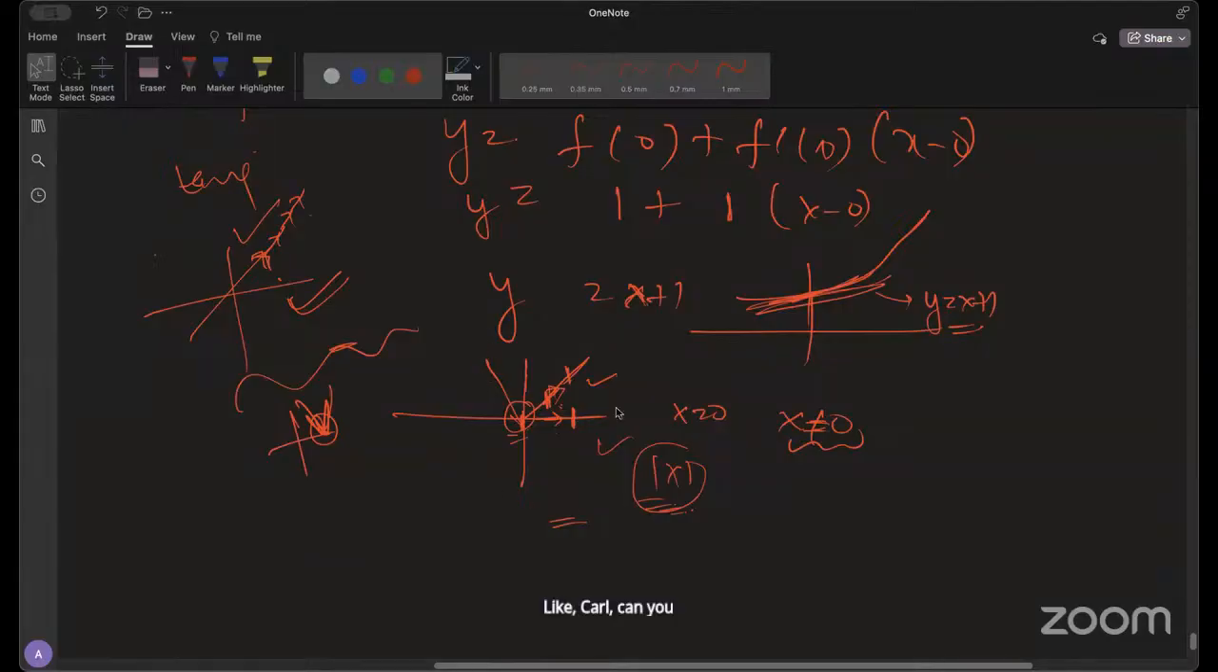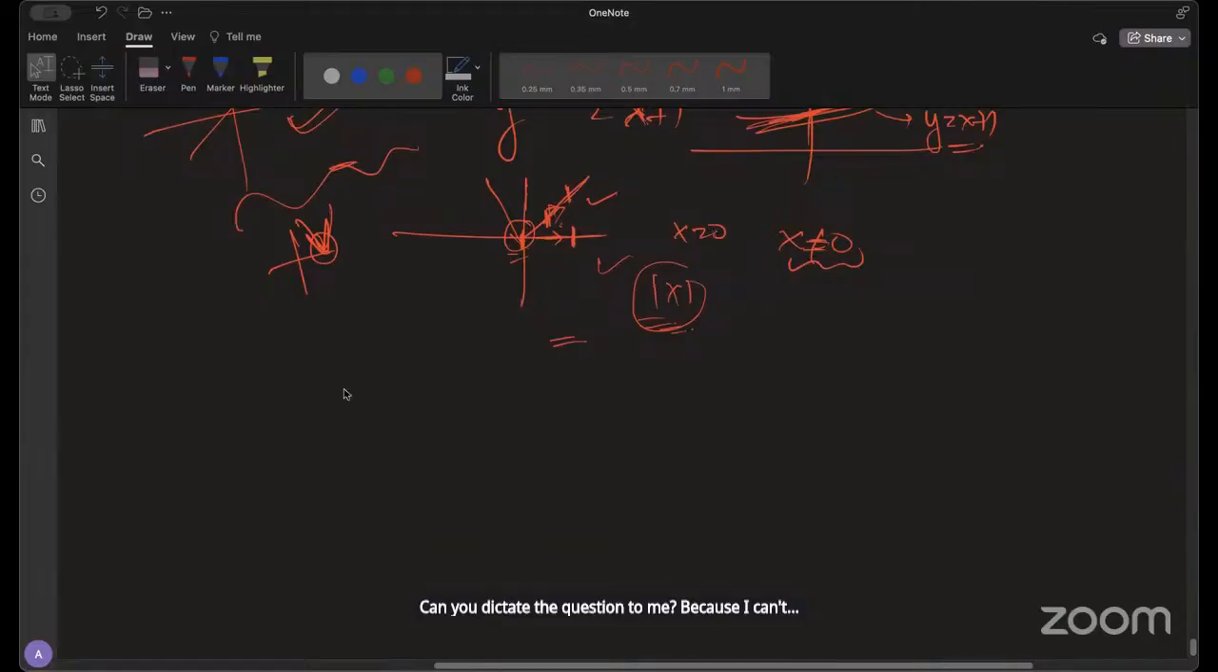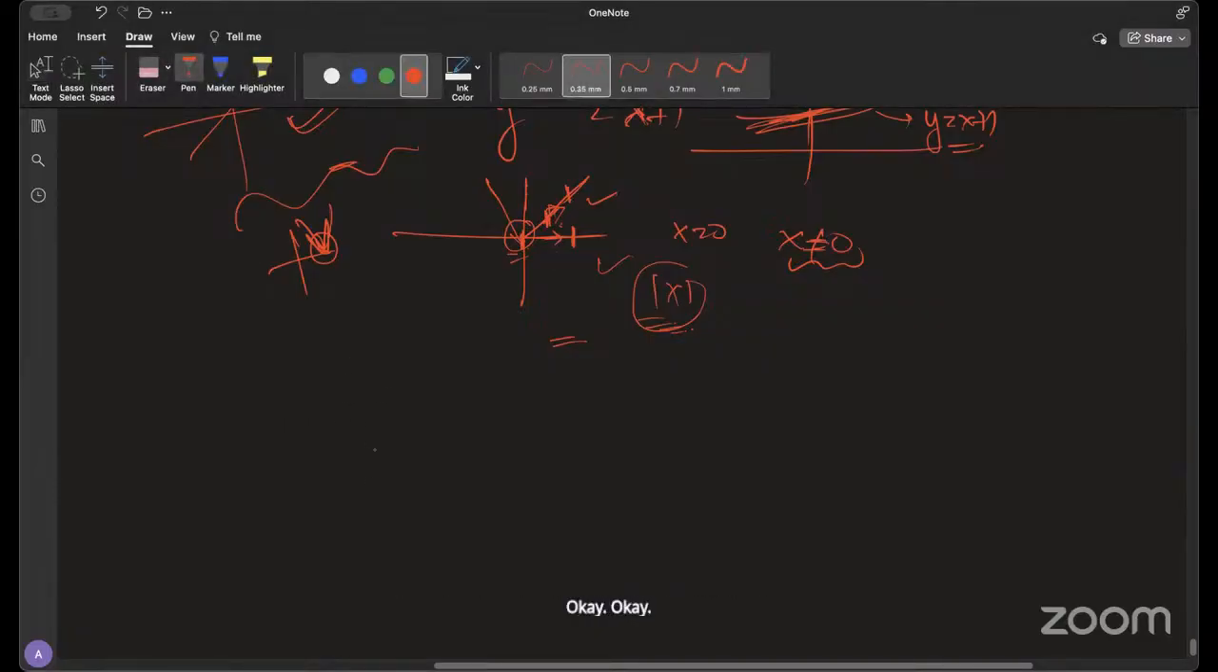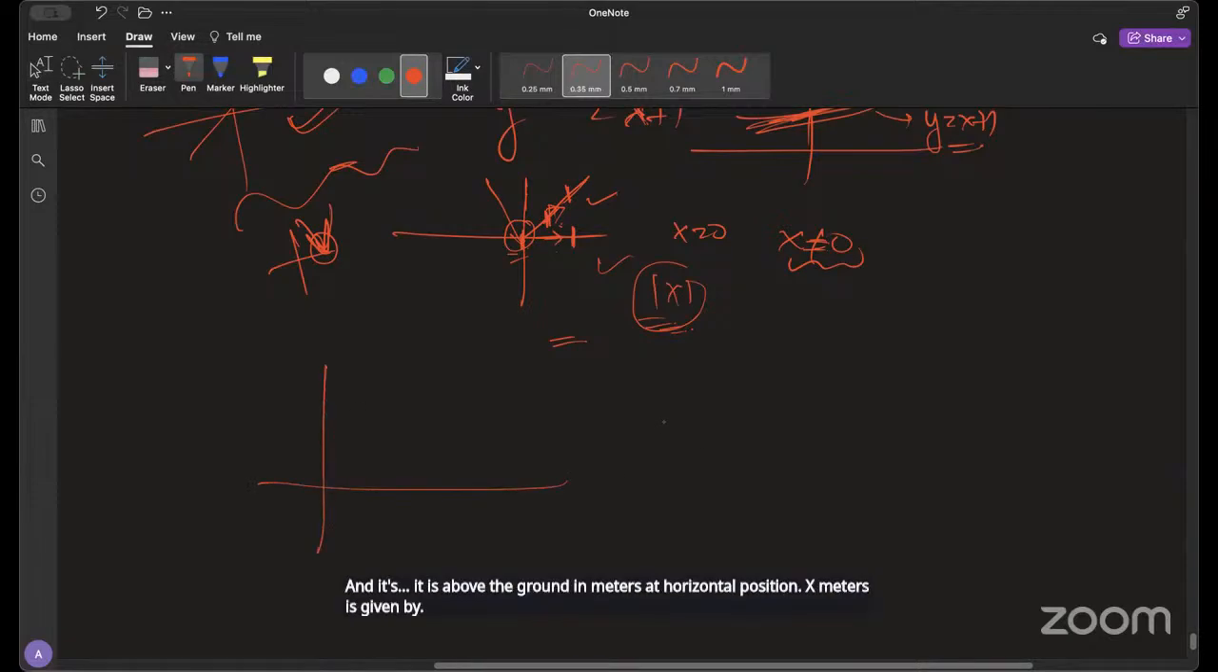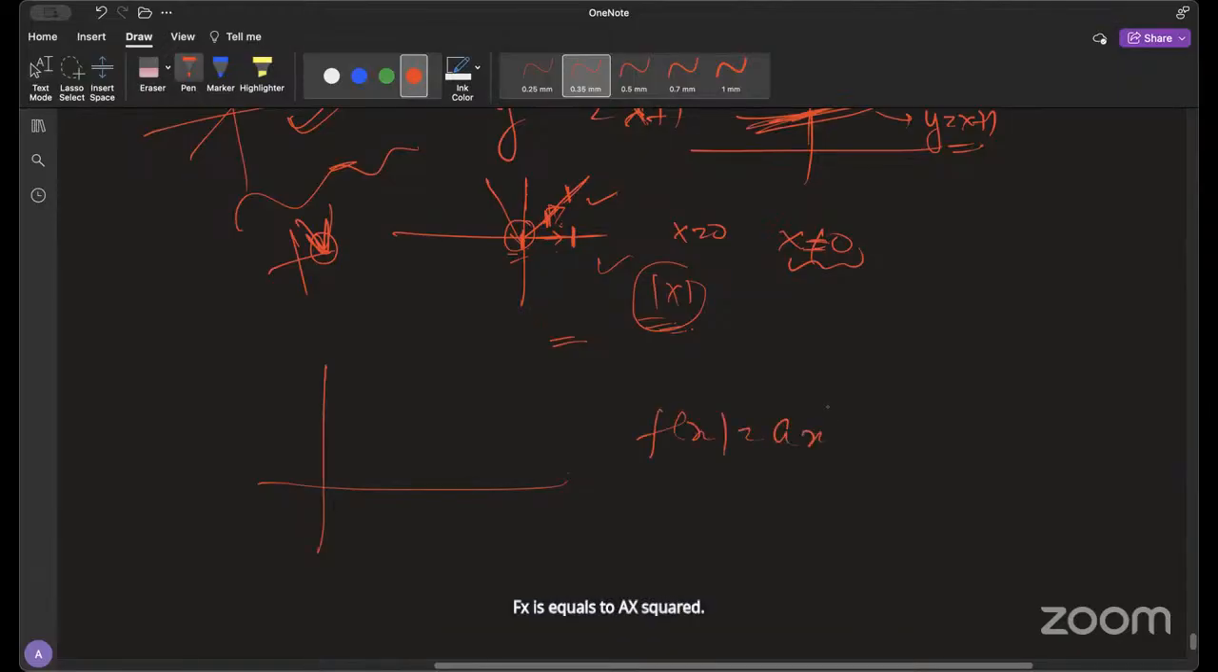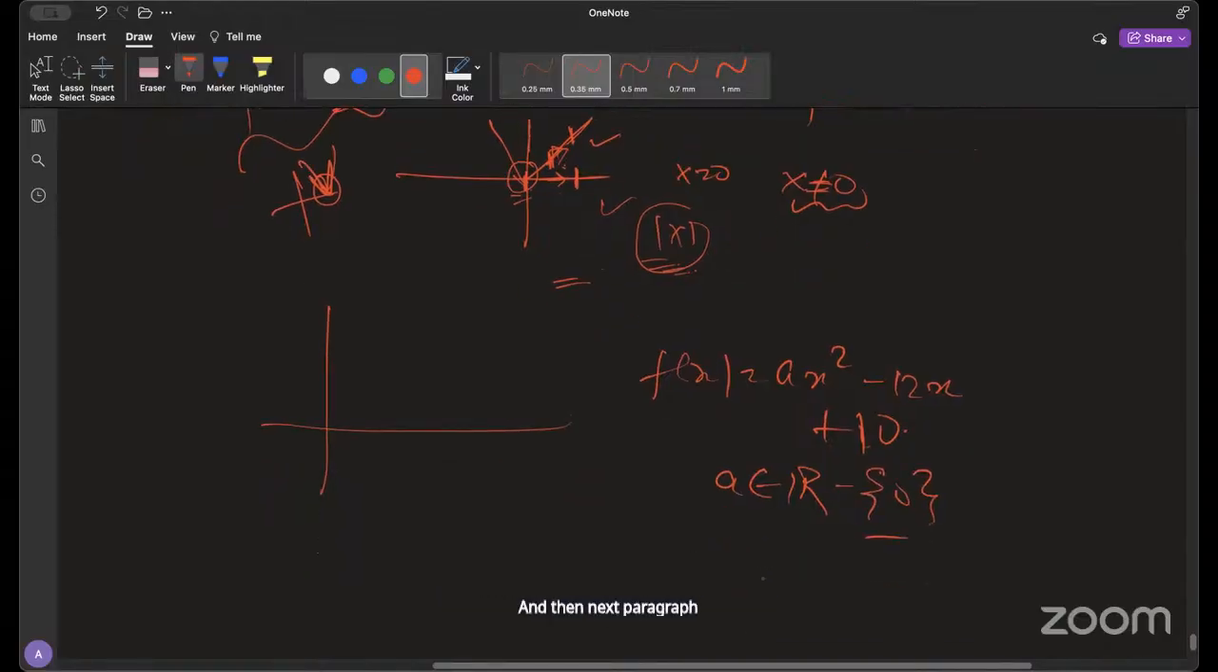Can you dictate the question to me because I can't check it simultaneously and then write it. Yes, ma'am. A satellite dish is shaped like a parabola, and its height above the ground in meters at horizontal position x meters is given by f(x) = ax^2 - 12x + 10, where a belongs to the real numbers minus 0. Then the next paragraph: an engineer places a ladder that follows the path of the line given by y = 8x + 3 at the point where x is equal to